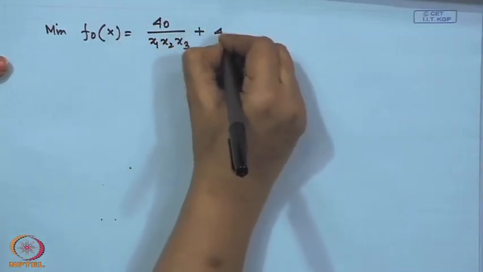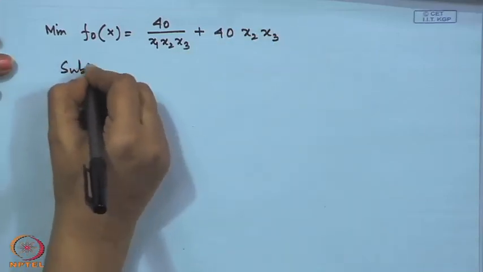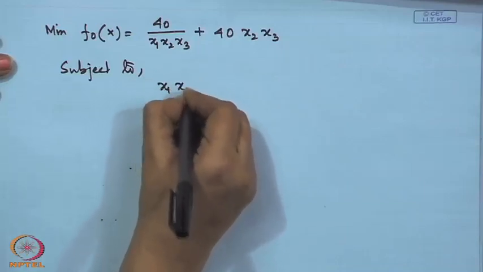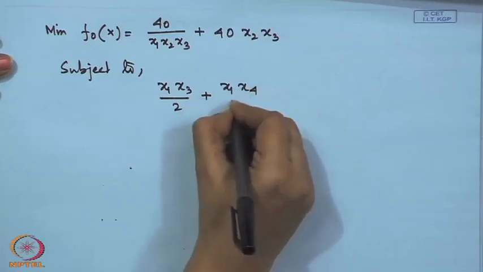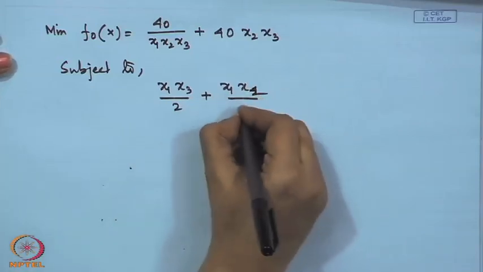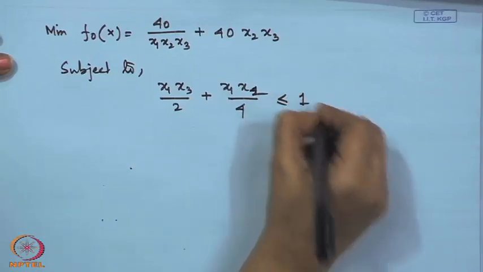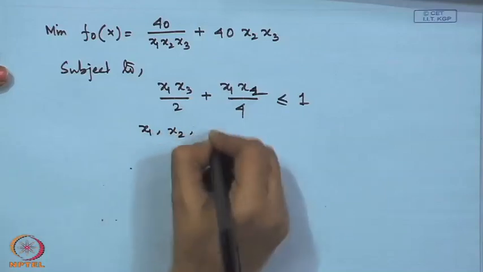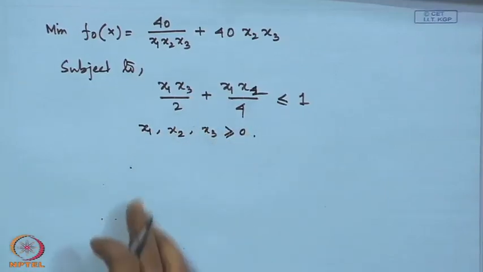Take another monomial 40 x2, x3, subject to x1, x3 by 2 plus x1, x2 by 4, there are 4 2, x1, x2 divided by 4 less than or equal to 1. There are 3 decision variables x1, x2 and x3. Let us consider these are all equal to 1. We have to construct the